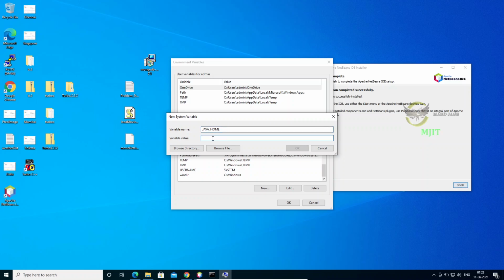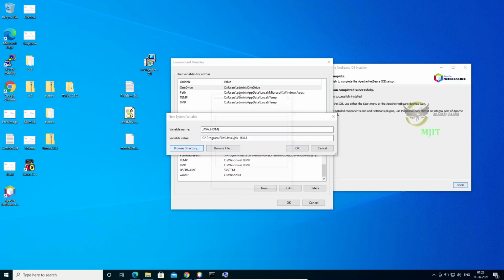and in the value, paste the earlier copied directory location. In that, remove the last bin part alone. Bin is not required, so we need to copy the complete value without the bin. Or else you can even click on Browse Directory and go there, and select the directory.